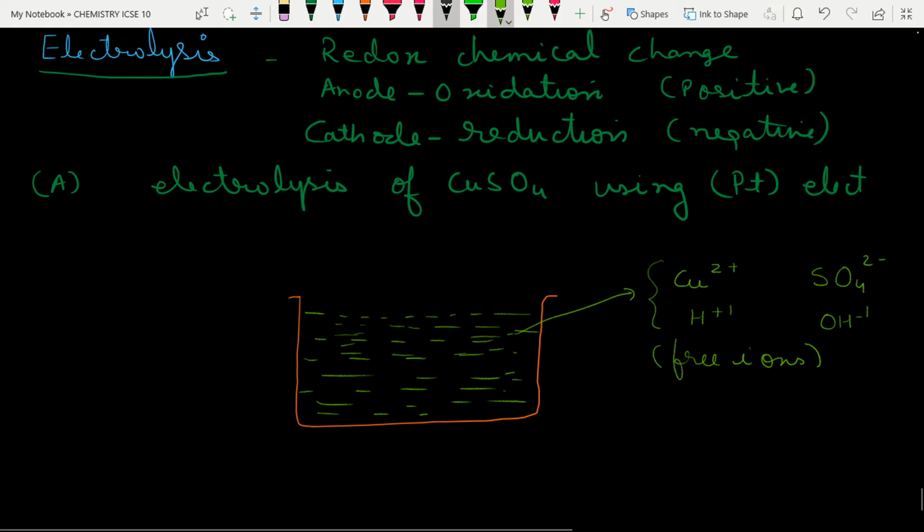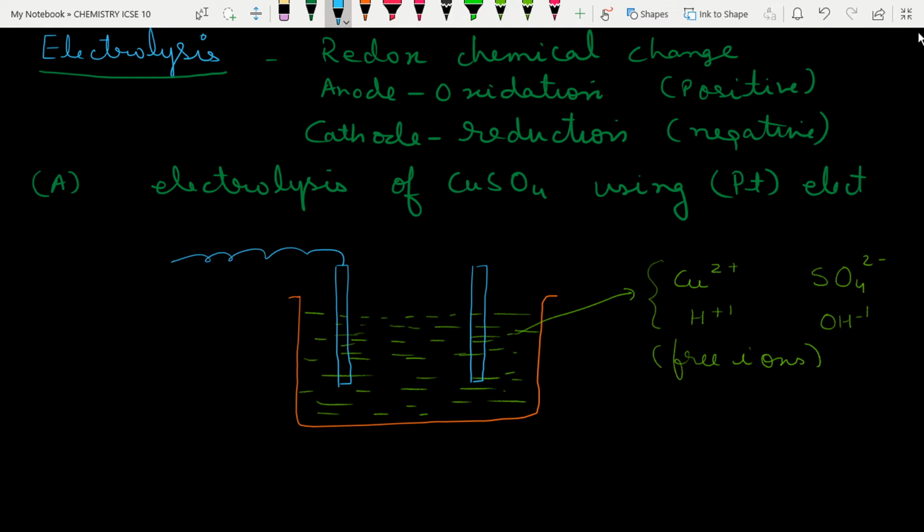So what are we going to do? We will bring some electrodes here. So I have taken this platinum electrode. Now platinum is an inert electrode, it does not react with any of the things, and then we will connect this with the positive terminal, and let us connect this one with the negative terminal of the battery. So plus is known as the anode and the negative is known as the cathode.